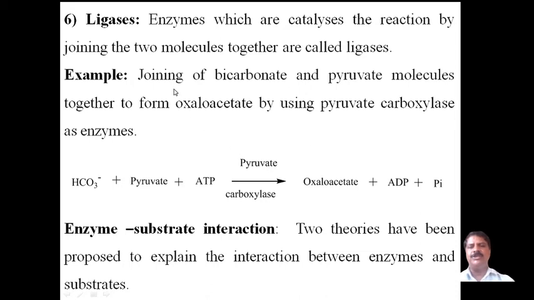An example of this is the joining of bicarbonate and pyruvate molecules together to form oxaloacetate, using pyruvate carboxylase as the enzyme. Here the bicarbonate ion, HCO3 minus, reacts with pyruvate in the presence of ATP, and by using pyruvate carboxylase as a ligase enzyme catalyst, converts pyruvate